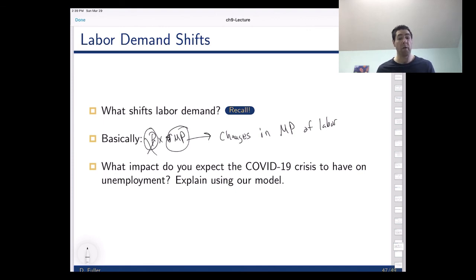And so what we want to do now, in the next video that you can log on to and see, is look at what's going to happen as a result of this COVID-19 pandemic on the unemployment rate. And so we're going to be able to make pretty good predictions about what should happen and have a pretty solid understanding why those